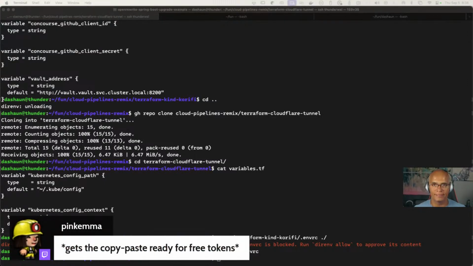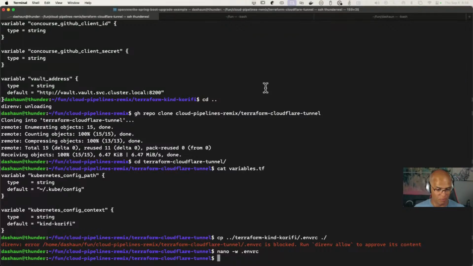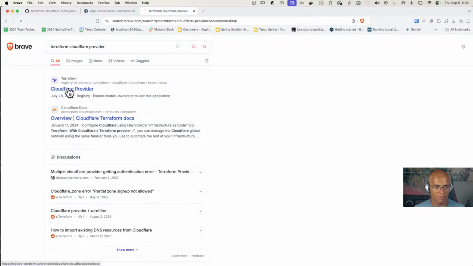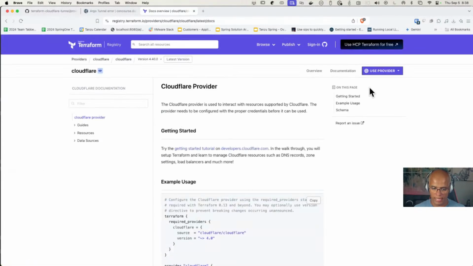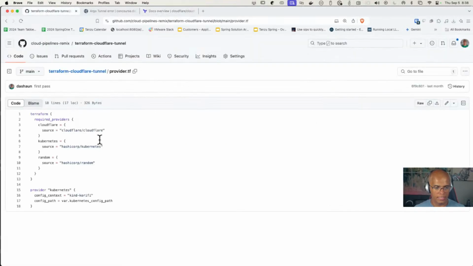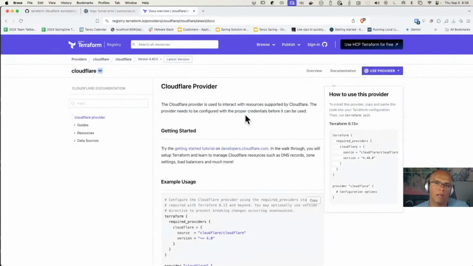me. Yes, this is the right thing to do. Like I gotta learn my lesson at some point, right? So let's go back here to the Terraform Cloudflare provider, and what we want to look at in order to use this provider, it says, hey, do these things. We already have those things in place. Our version, my mouse has been acting funny. Our version says, just grab the latest version. When we do a Terraform init upgrade, we'll get the latest version of that provider. It could cause problems, but